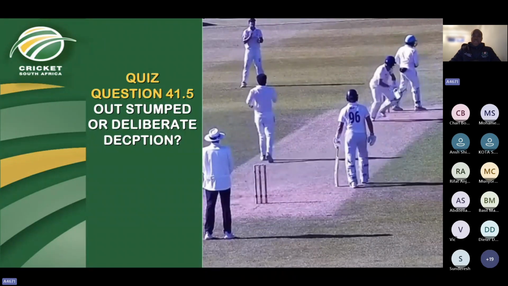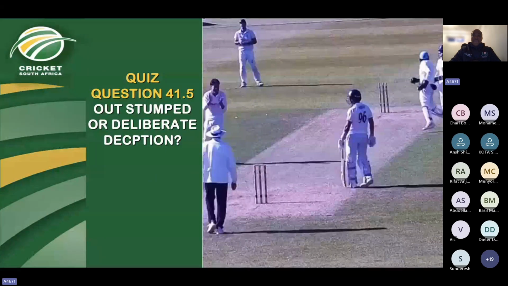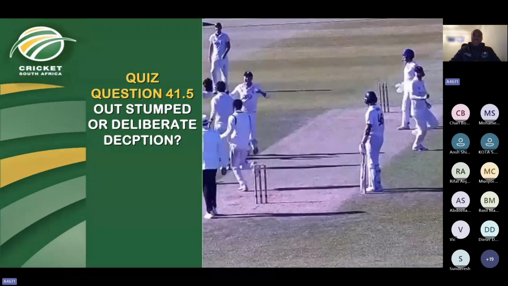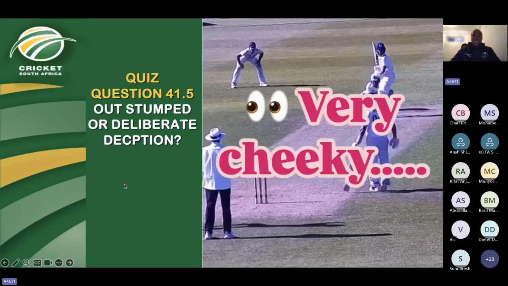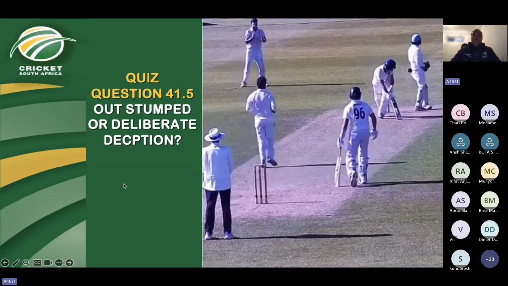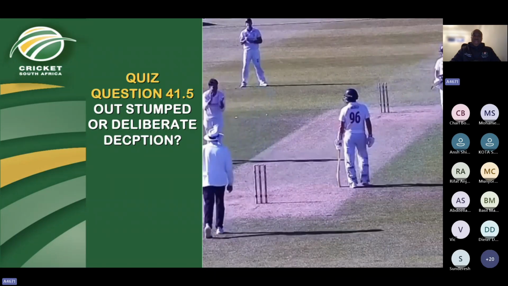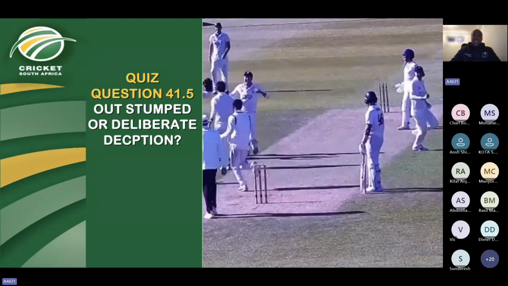So the bowler bowls the ball down leg side. It is collected by the wicketkeeper. The wicketkeeper then turns around and pretends to look for the ball behind him, and of course the ball is in his hand. As soon as he hears the striker starting to run, he stumps out the striker. The striker has his arms gesturing towards the striker's end umpire, and of course he's claiming deception by the wicketkeeper.